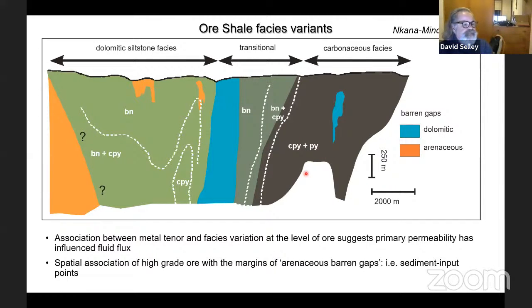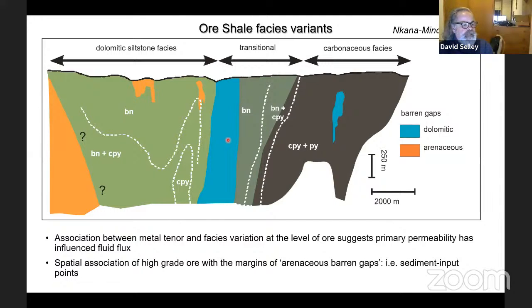In the background to this zonation, we're looking at facies variation of the ore shale, and there's 4 facies variants, 2 of which are barren. They're known as barren gaps. In the orange here are small arenaceous barren gaps or sandy fans occurring here on the left-hand side of the diagram. And then in the blue are dolomitic barren gaps. These are effectively biothermal